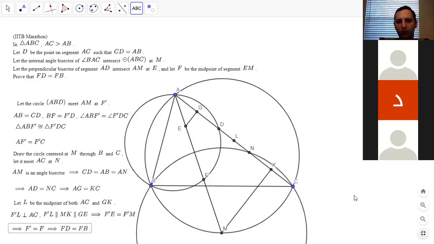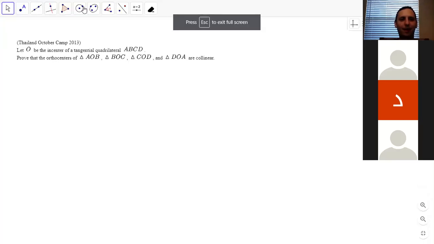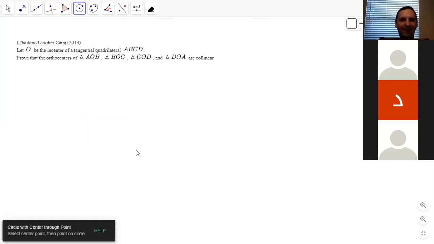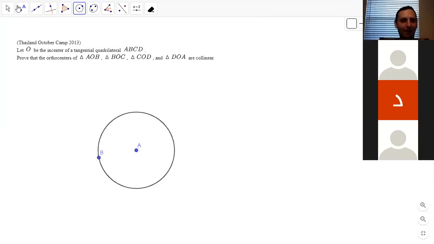Got 3 more that I chose. Oh, this is interesting. I don't know if you guys have seen this before, but I don't think I've seen it. So yeah, super short problem, right? So I'm going to relabel